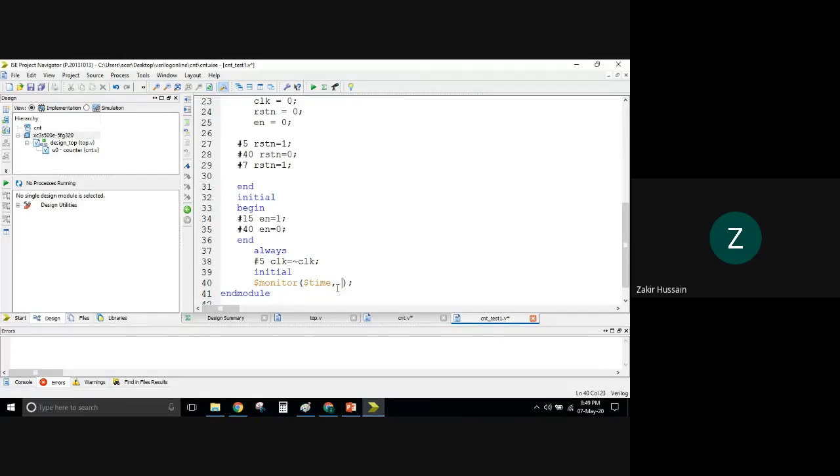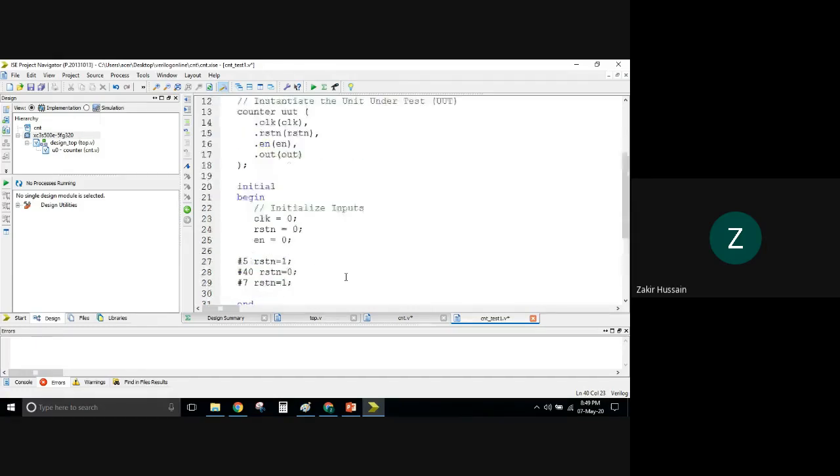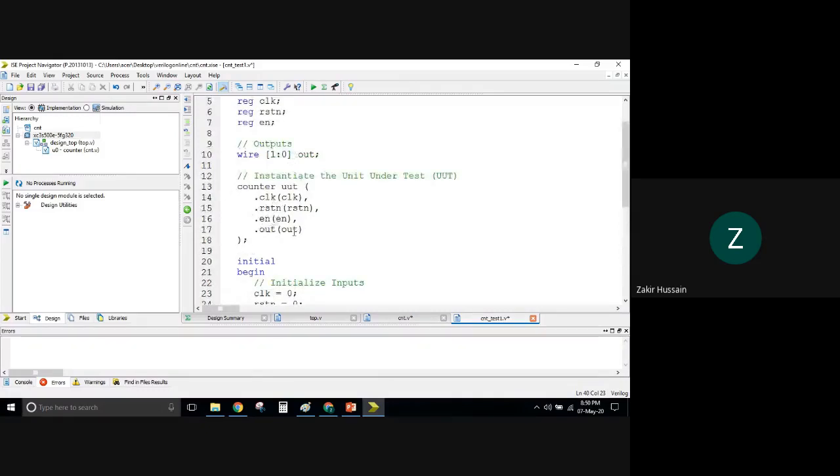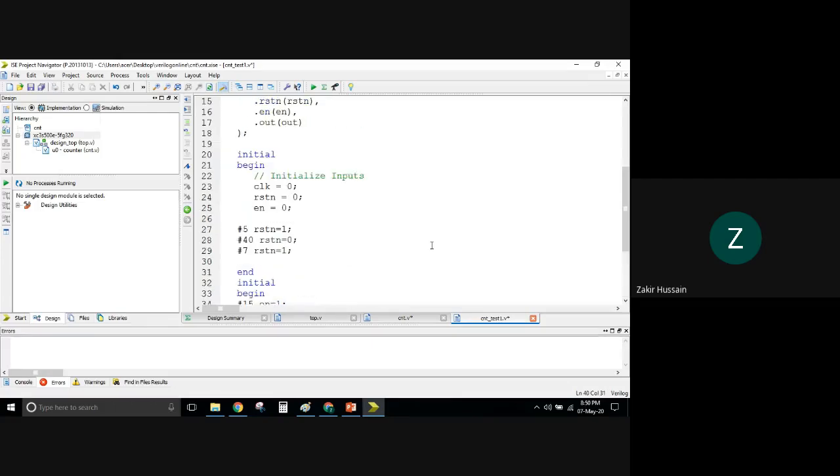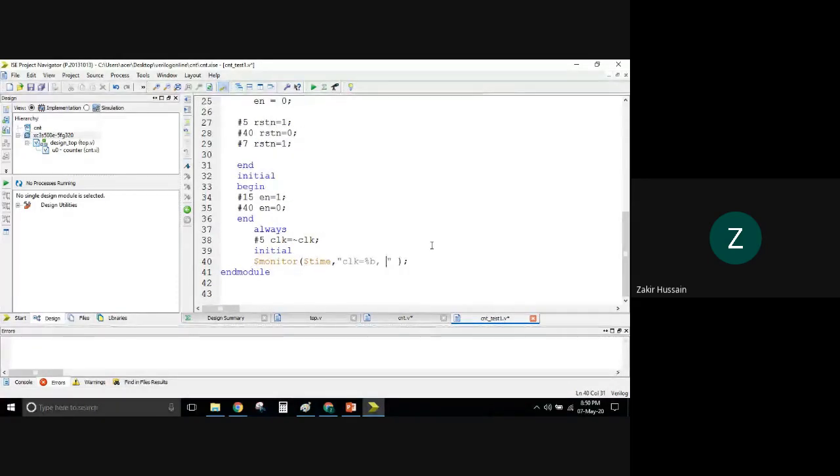The activities it is going to display go in double quotes. I want to see CLK, reset, enable, out. So CLK equal to percentage B, which is a format specifier. In which format do I want to print them? I want to print them in binary, so that is used. Then percentage B, then enable equal to percentage B, and what is left?